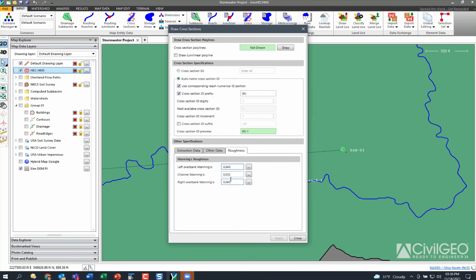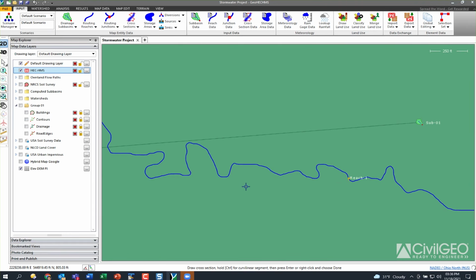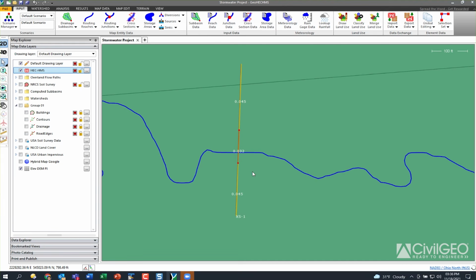And then we can go and map in our roughness values as well. Go and click on draw, and just draw in where your cross section should be. So again, you might want to put that aerial image in there so you can see where to draw it, but I'll just say it's right there. You can draw this left to right or right to left, it doesn't care. It'll figure that out. So if we go and zoom in on that, we can see our roughness values mapped